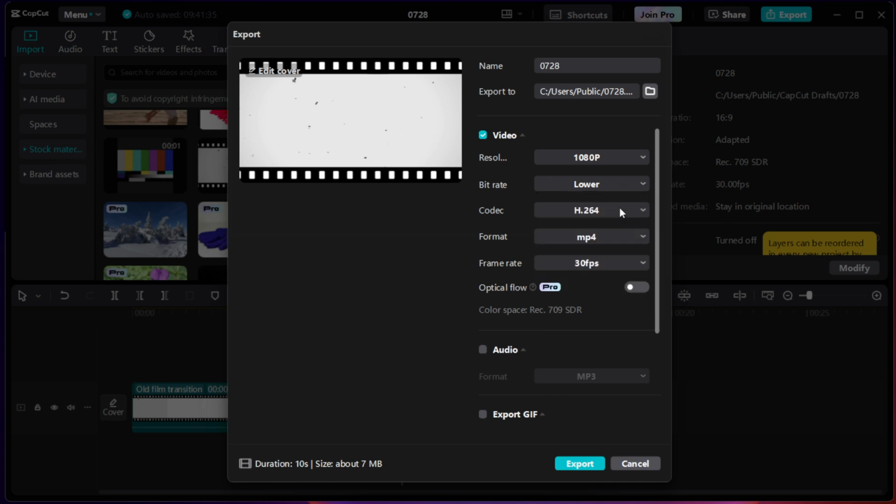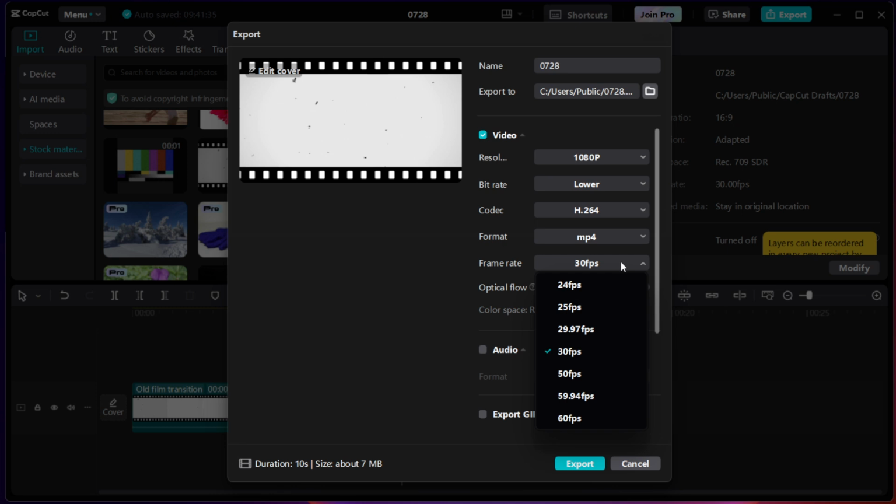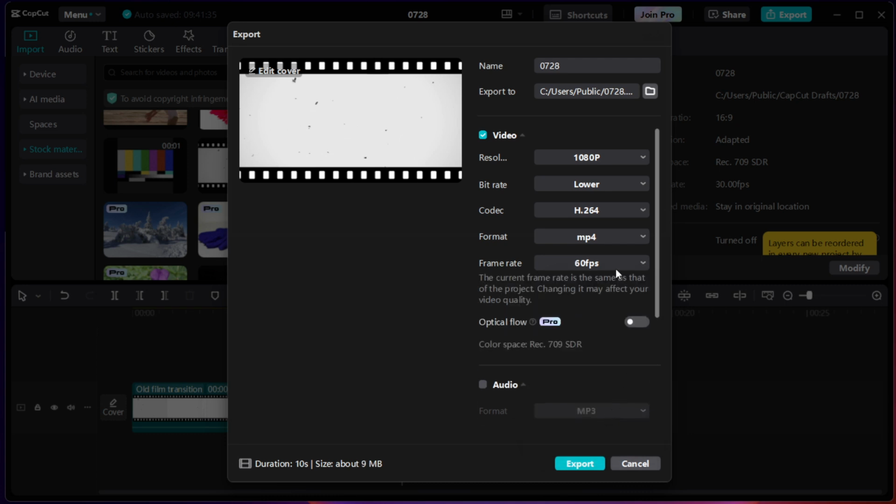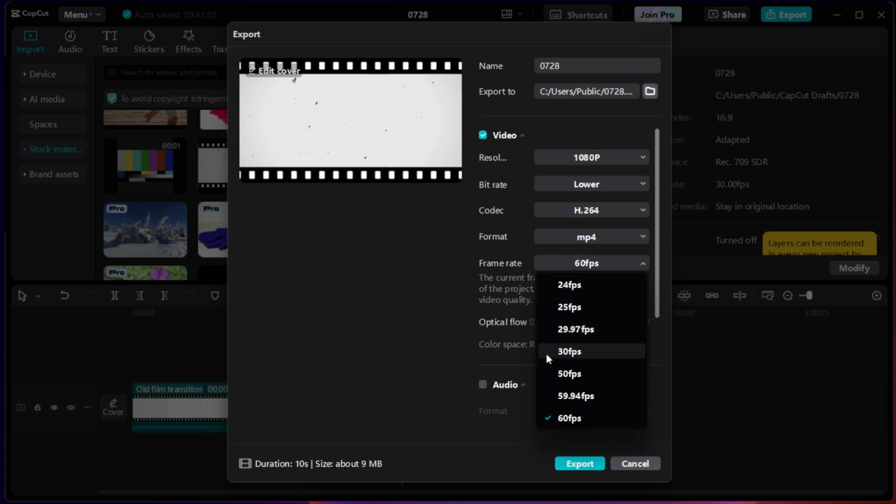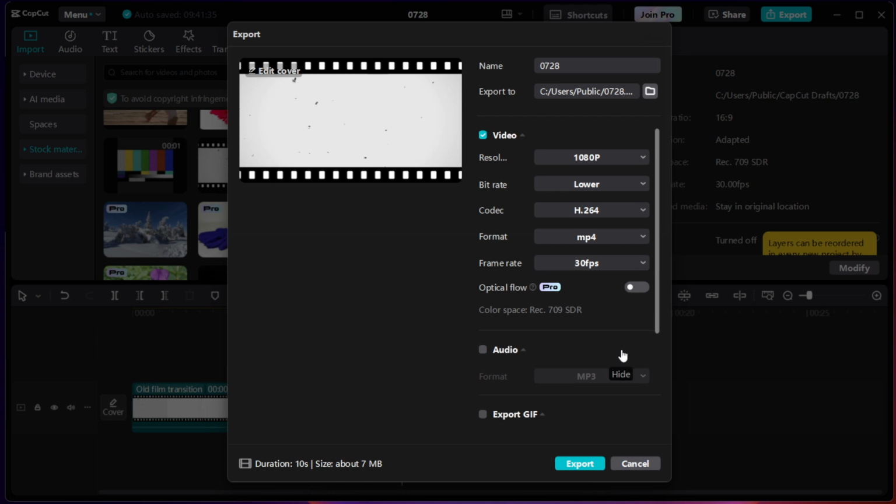Next, let's talk about frames per second, or FPS. This setting influences the smoothness of your video playback. Typically, 60 FPS is used for high-motion content, as it makes for smoother visual flow. However, for many standard videos, using 30 FPS is more than sufficient. This will help cut down on file size and speed up the export process, without notably impacting the quality of most scenes. Switching to 30 FPS can make a significant difference, especially if your video doesn't require that very high